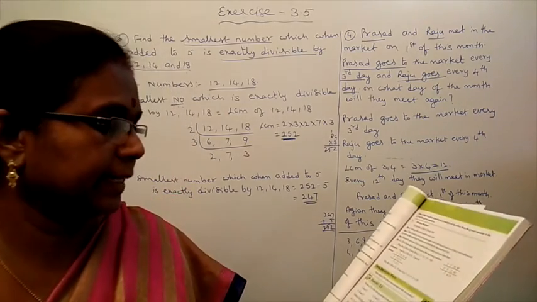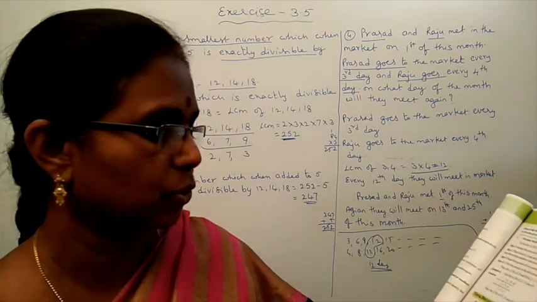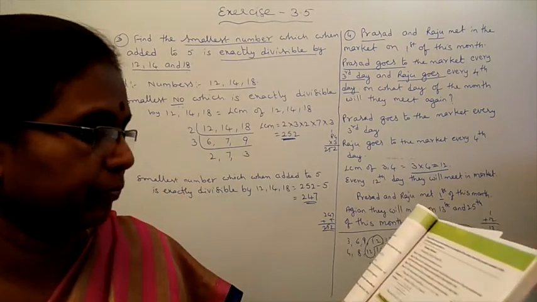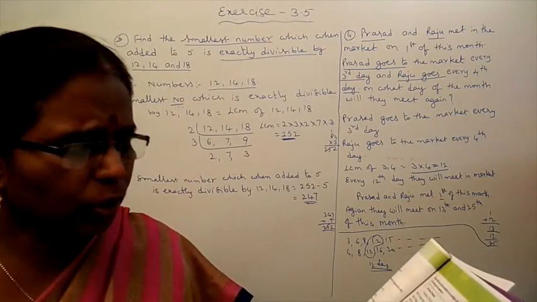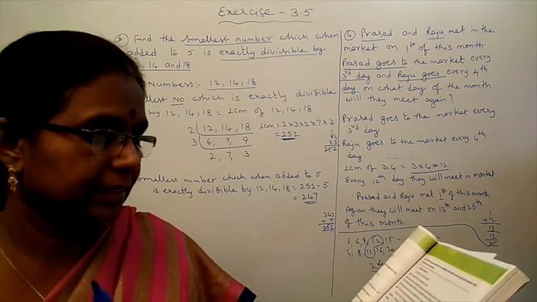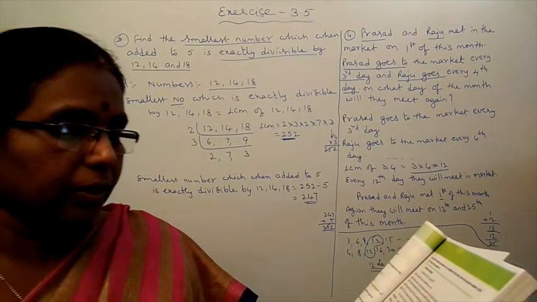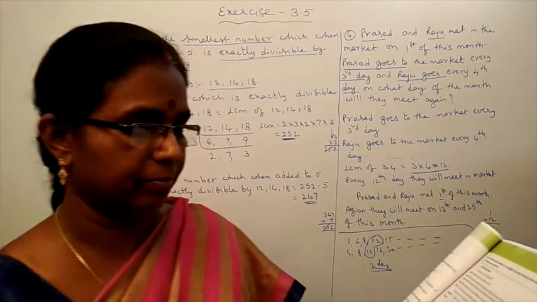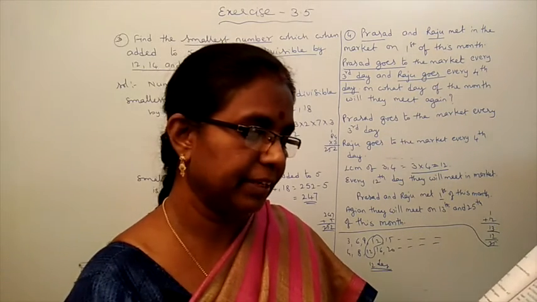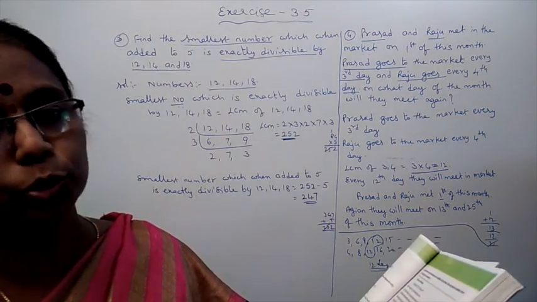Fourth question. Find the greatest 3-digit number which when divided by 75, 45, 60 leaves no remainder. Means you have to do the LCM of 75, 45, 60. Now, no remainder means exactly the LCM value has no remainder. That is the greatest 3-digit number that does not leave any remainder. Then if the greatest 3-digit number divisible by 75, 45, 60 leaves the remainder 4 in each case, means you have to add 4 to the LCM.